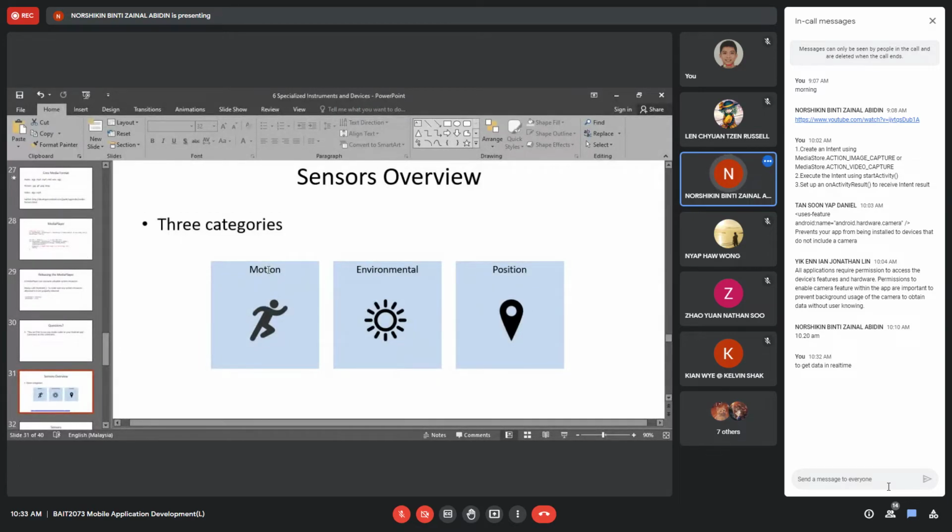First is motion. Motion is like any movement. And then environmental. You can use a sensor for environmental monitoring, for example, the sensor that they use to check the air quality.